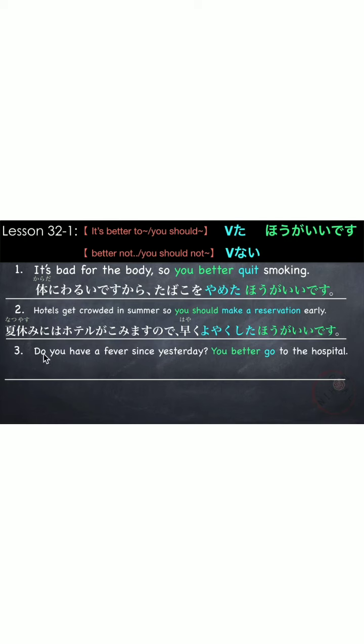Another example. Do you have a fever since yesterday? You better go to the hospital. 昨日から熱が続いていますか？病院へ行った方がいいです。